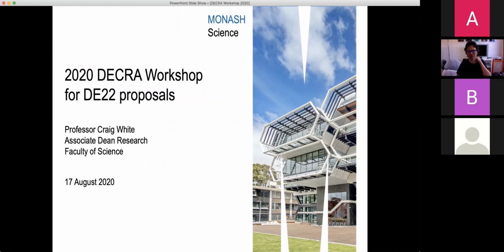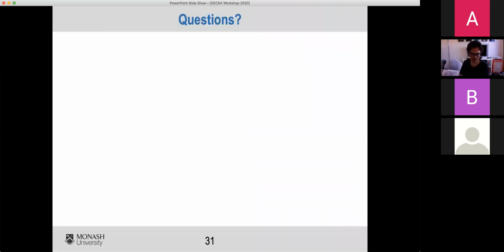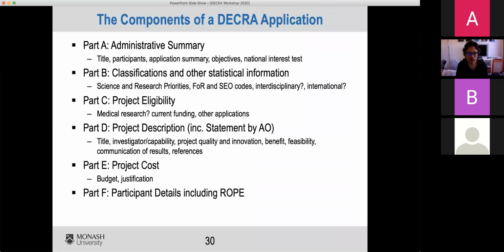It's a really good question. So what is the difference between D1 capability and ROPE? The ROPE section has some specific components to it, where you describe, for example, what the publishing norms are for your field, what your career trajectory has been, and the different things that you've done through your career.